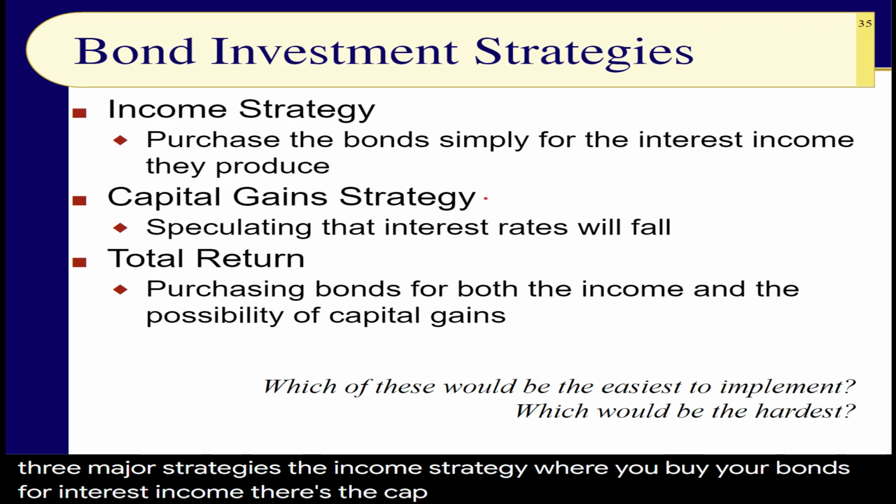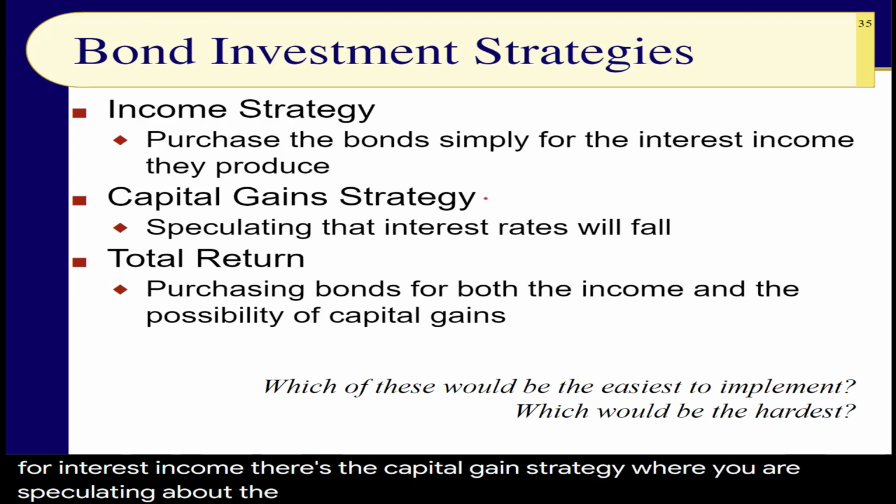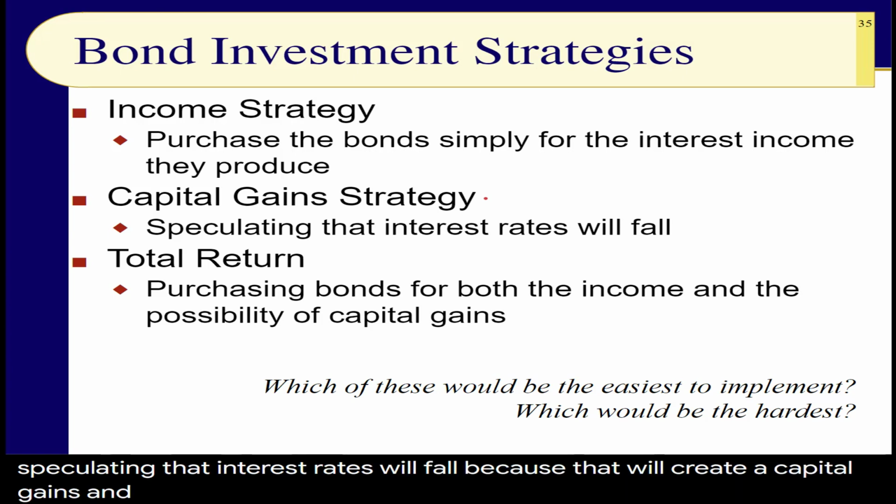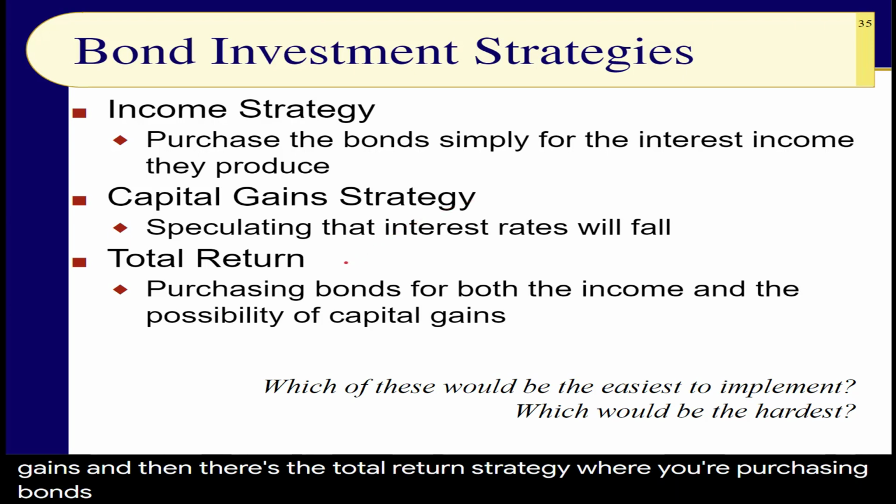There's the capital gain strategy, where you are speculating about the future movement of interest rates, speculating that interest rates will fall because that will create capital gains. And then there's the total return strategy, where you're purchasing bonds for both the income and the possibility of capital